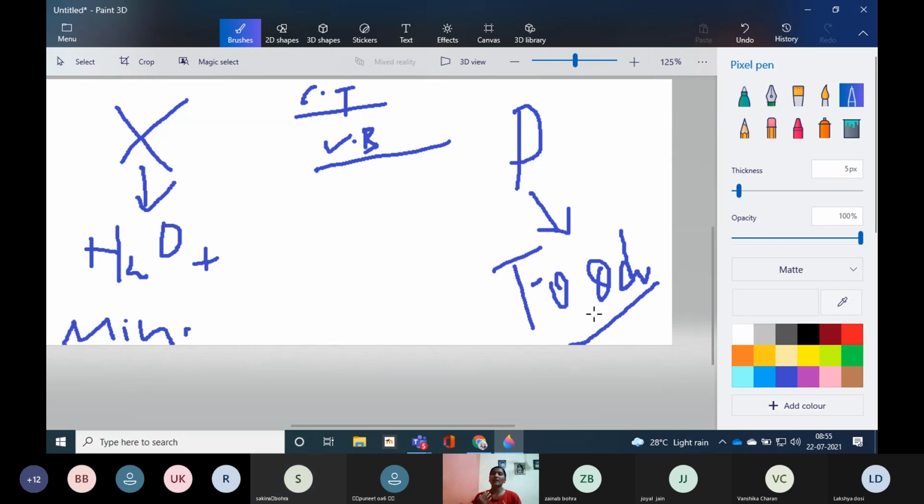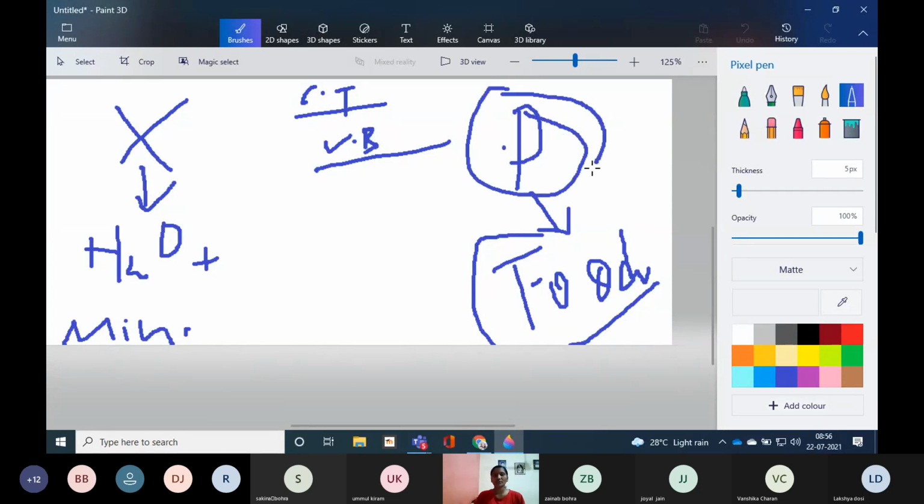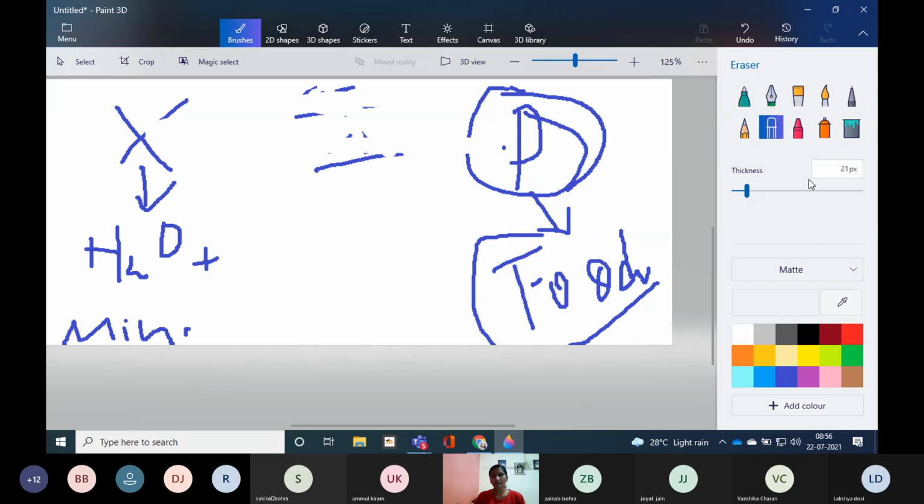Thus, starch will again convert itself to sucrose, which is a soluble molecule. It will get dissolved in water, and thus this sucrose is transported throughout the whole plant body through phloem. Why phloem? Because food is carried through phloem. So phloem is the right answer for this. You cannot write food is transported through xylem because only phloem transports food. Xylem is meant for transportation of H2O, water and minerals. Is that clear to you? Yes, ma'am.